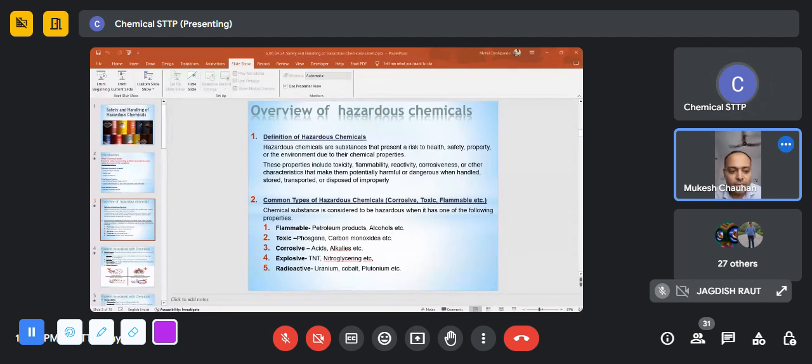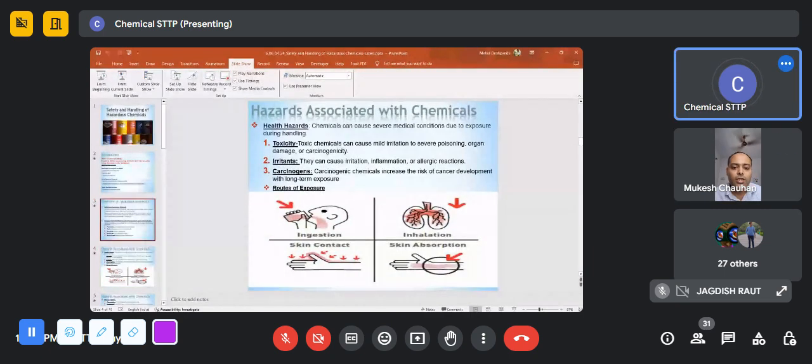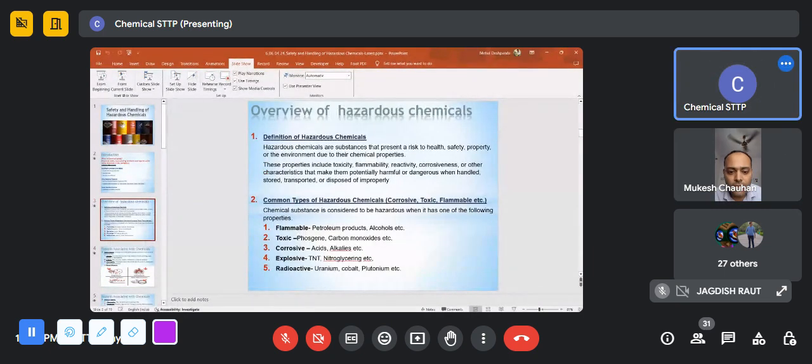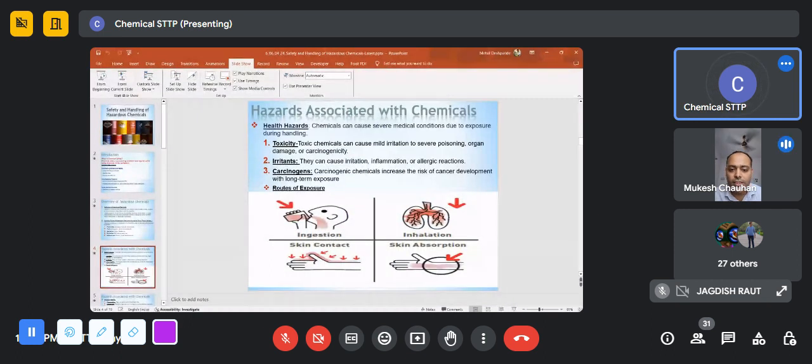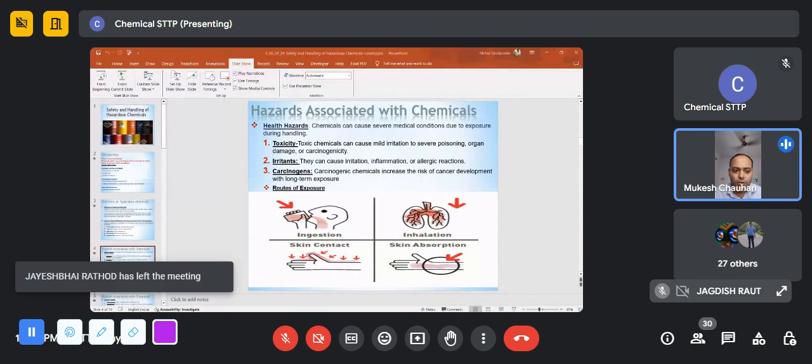मेहुल, नेक्स्ट स्लाइड दीजिए। हाँ, नेक्स्ट। Hazards associated with chemicals. केमिकल्स को तीन हजार्ड्स के हिसाब से डिवाइड कर सकते हैं: हेल्थ हजार्ड, फिजिकल हजार्ड, और एनवायरमेंटल हजार्ड। हेल्थ हजार्ड्स में केमिकल कैन कॉज सीवियर मेडिकल कंडीशन ड्यू टू एक्सपोजर ड्यूरिंग हैंडलिंग। हैंडलिंग के टाइम पे अगर प्रिकॉशंस ना लिए जाएं तो it can cause serious medical conditions. So it can cause mild irritation, poisoning, and organ damage,